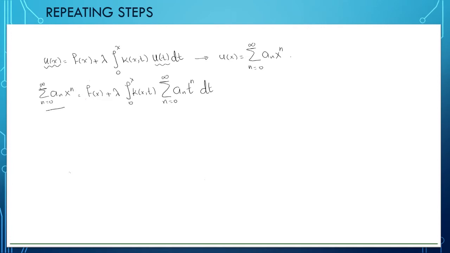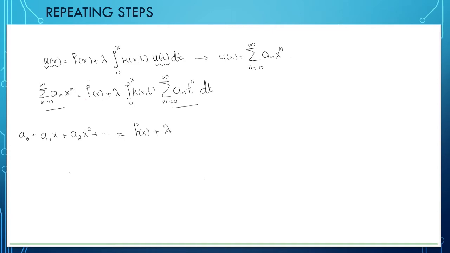Then we expand those summations. Okay, so a naught plus a1 x plus a2 x squared plus and so on, and this will be equal to f of x